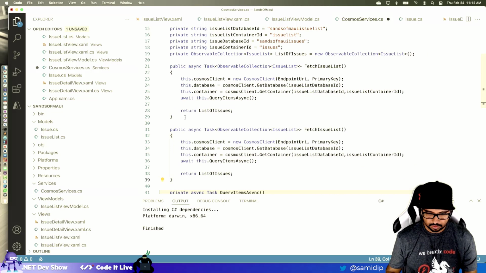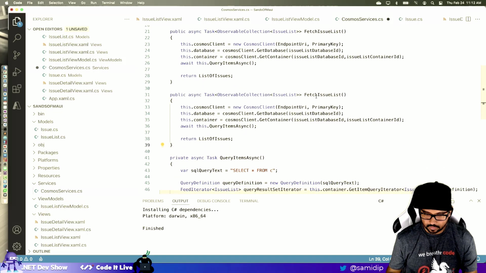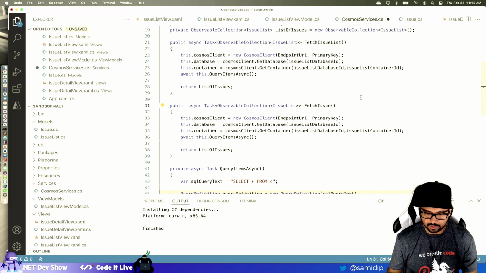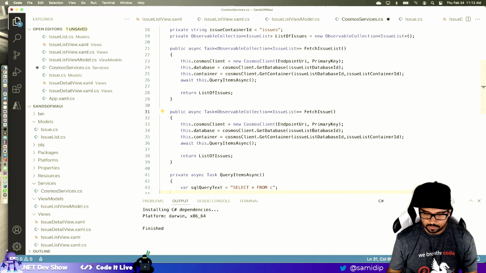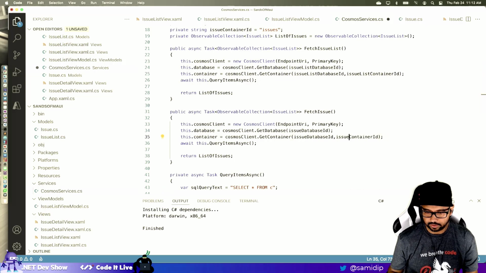Okay, so fetch issue. All right. Now Cosmos client. Now we are not going to use the issue list. We're just going to use the issue database ID and the issue container ID. Okay, so now I'm pointing to the right thing.